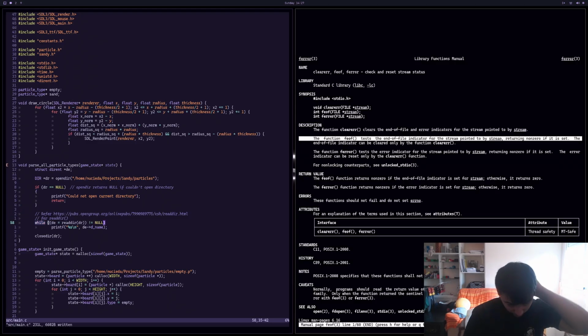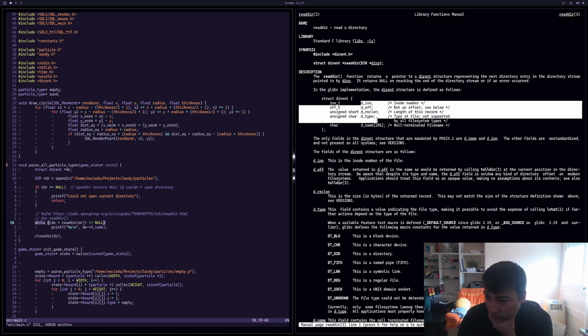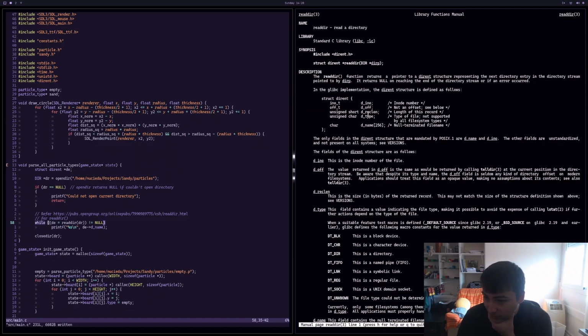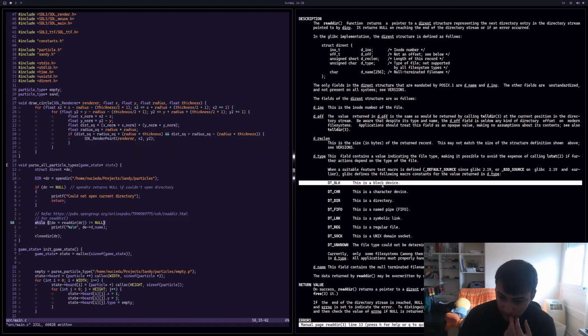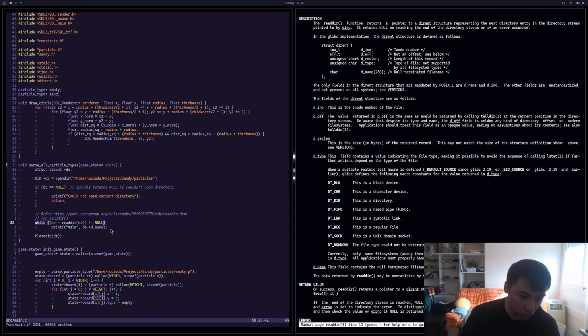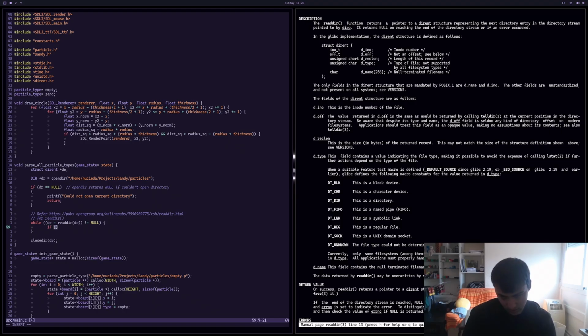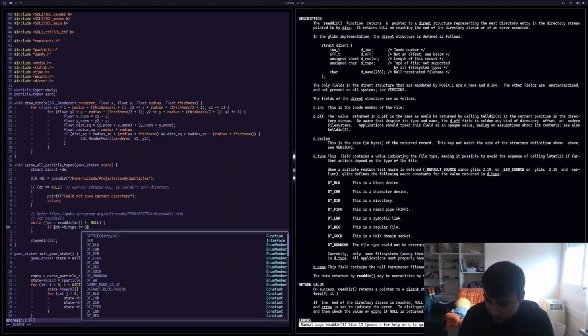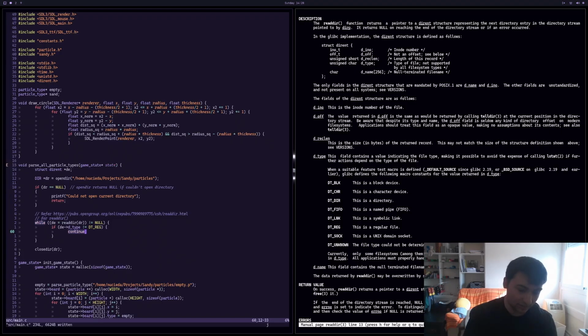Why is there this weird space here? Okay. Sure, whatever. Readdir. Let's figure out what this does. Readdir function returns a pointer, and it will be the name, the inode number, length, type of file, not supported by all file systems. Okay, d_type. And it just needs to be not a directory. Nope, it needs to be a regular file. Cool. Okay, so while it's not null, if de.d_type is not, what was this, reg, then continue. And if it is, then we need